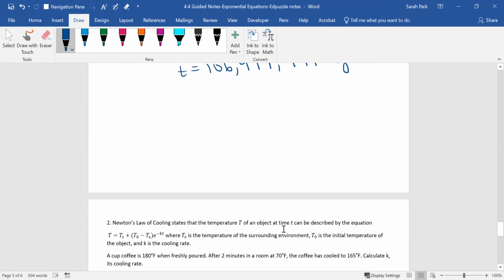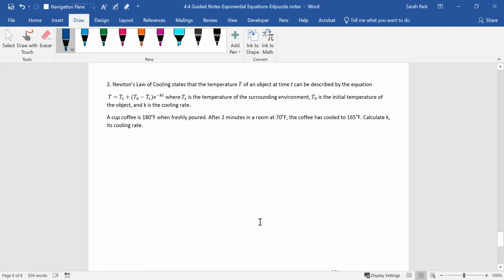Okay, let's look at one more problem together. Newton's law of cooling also uses an exponential equation. This is a formula where it takes an object at time t and sees how it cools down based on the surrounding temperature. So we have this formula here: T equals T sub s plus T initial minus T sub s,